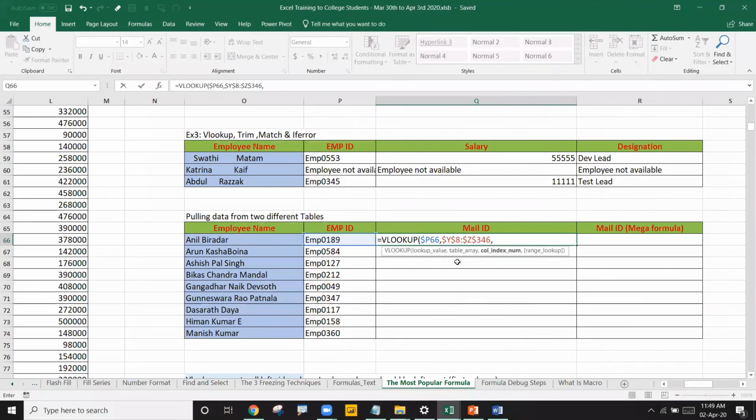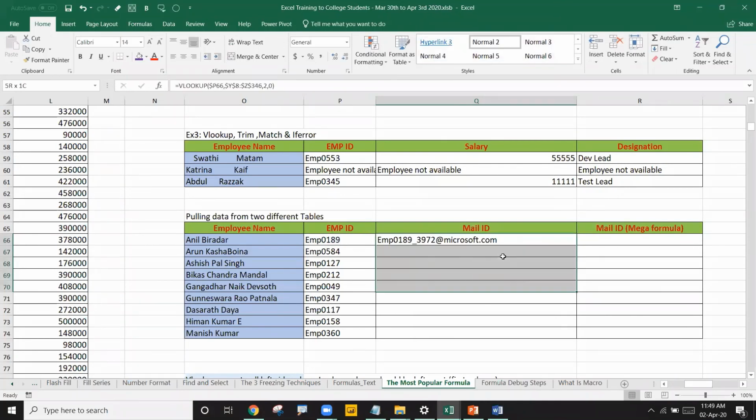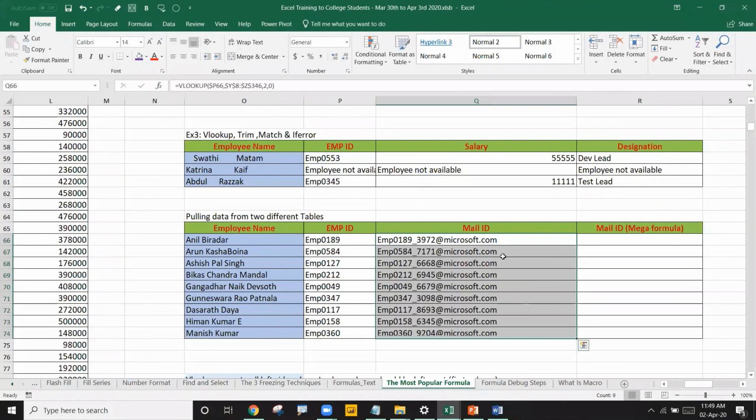In that given range, Y and Z columns, the Z column has the mail ID, so we require the second column value. I'll write the index number as 2, comma 0, 0 for the exact match, bracket close and enter. Now drag it down, you got that output. Is this clear?